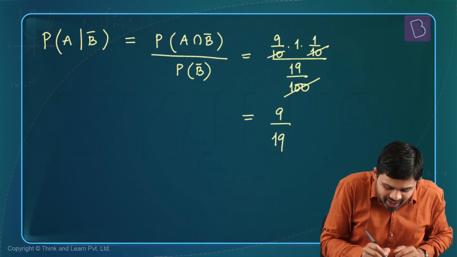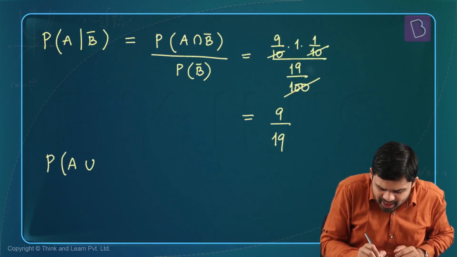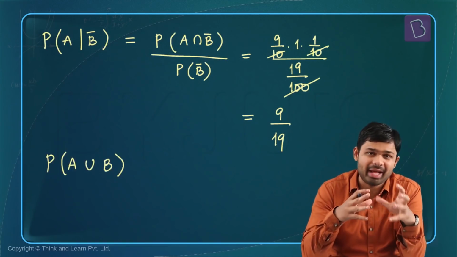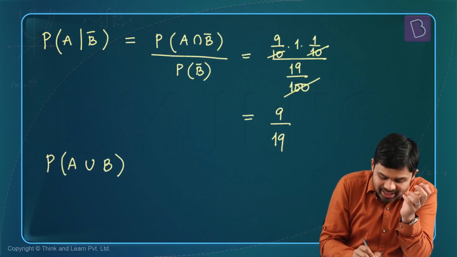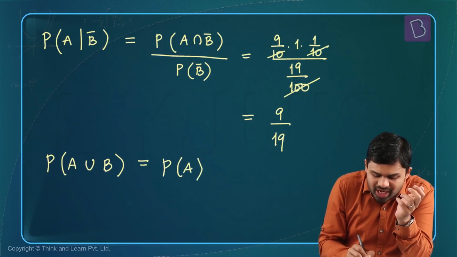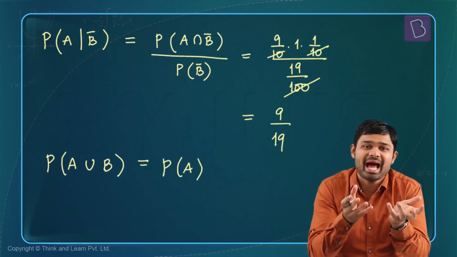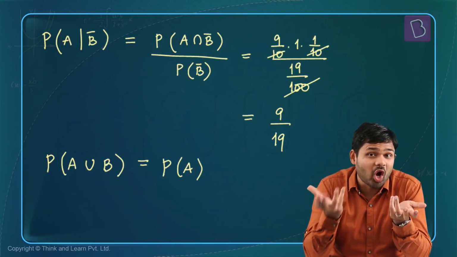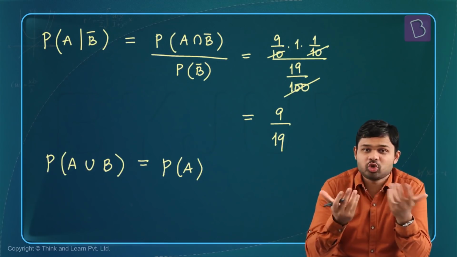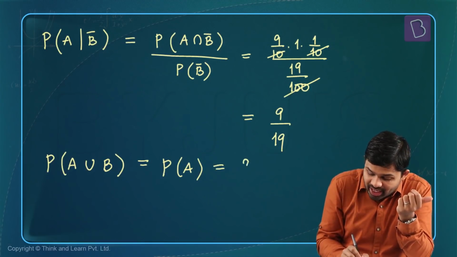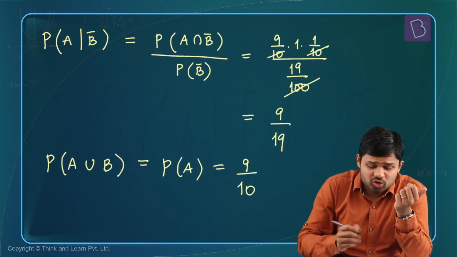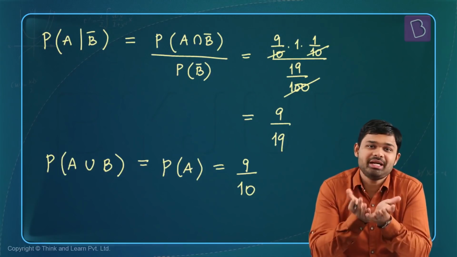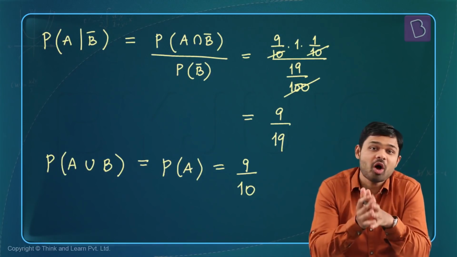Okay. So the final part is P of A union B. Now it's a well-established fact that B is completely dependent on A. So P of A union B will be nothing but P of A itself, because we have to see the probability of either A happening or B happening. So that will be nothing but P of A itself, because B will not happen if A does not happen. So it's going to be P of A itself, which is nothing but 9 over 10. So what we see in this particular question is all the 4 options are actually correct. So this multiple correct answer type of question has all 4 options to be correct.